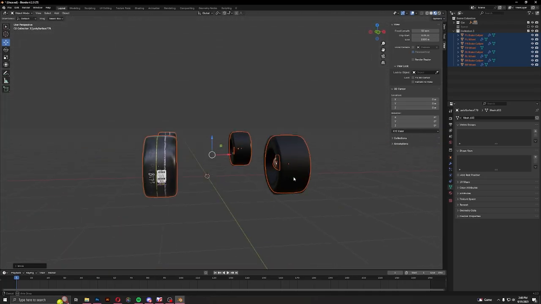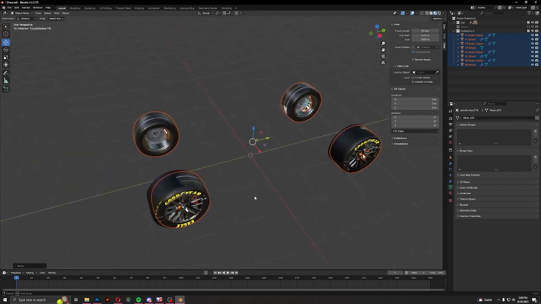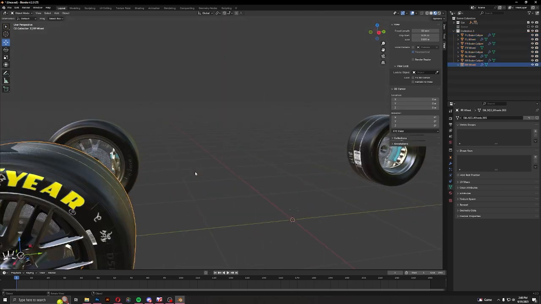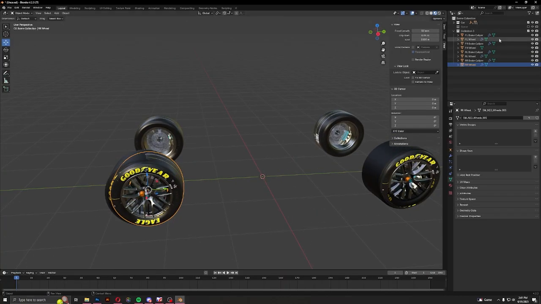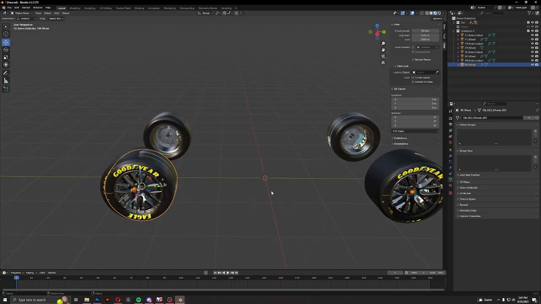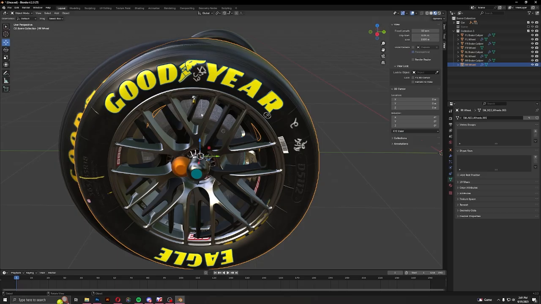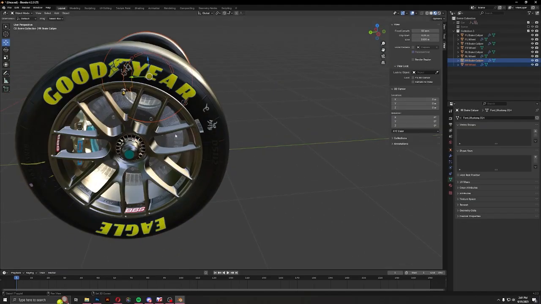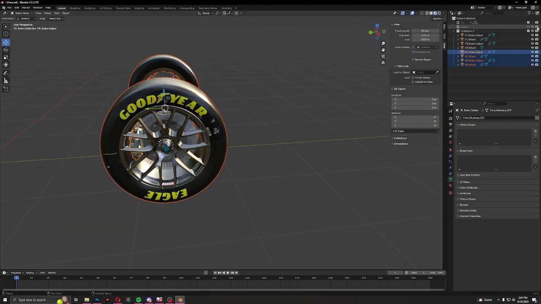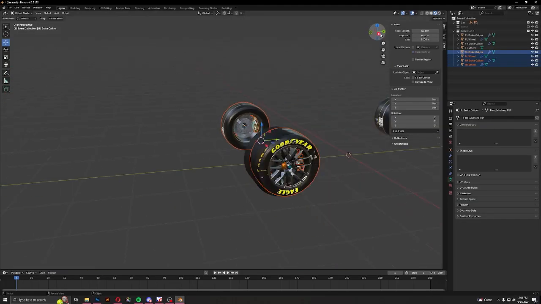See, almost perfect. And then we'll grab the wheels and move